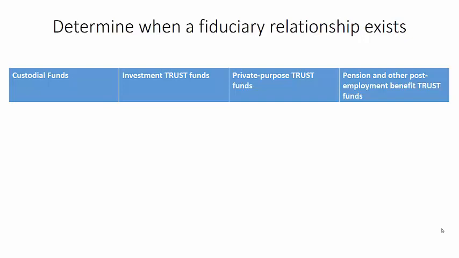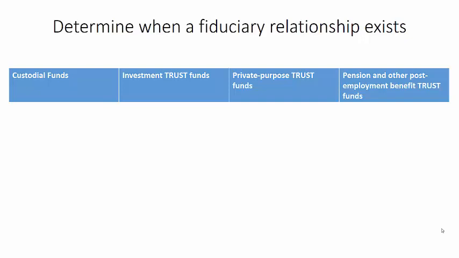In this particular chapter, we are discussing the accounting for fiduciary activities of state and local governments. In particular, we are looking at how they need to account for these types of relationships, and we have four distinct areas that we're going to be looking at. We're going to look at custodial funds, investment trust funds, private purpose trust funds, and pension and other post-employment benefit